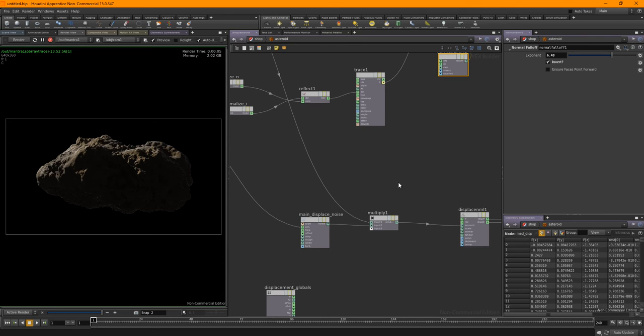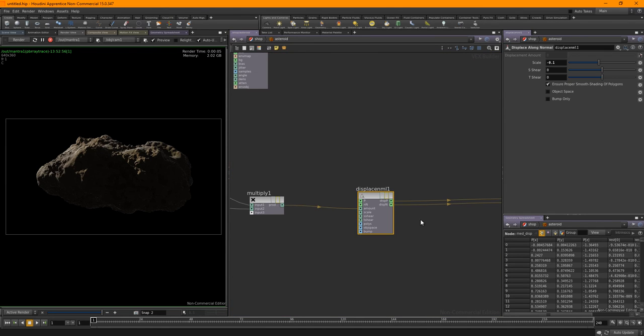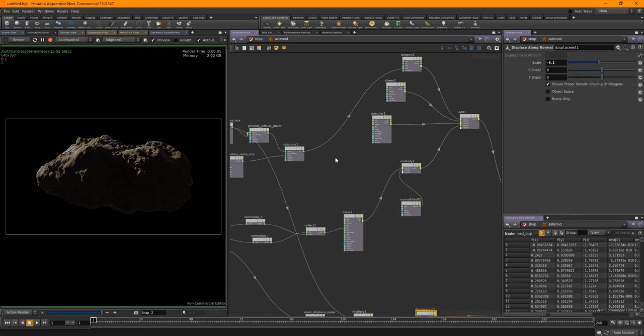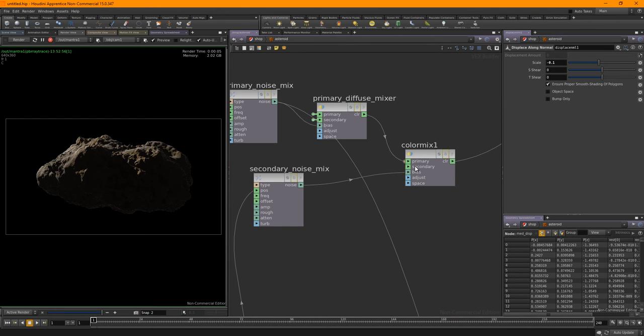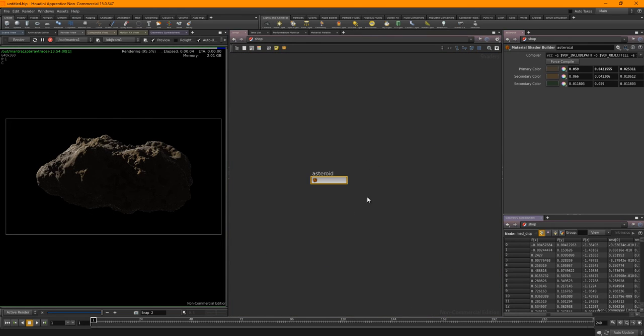Main displace noise. So what I'm going to do is promote that, and do you know what? I'm just going to leave it for the time being. If I need to jump back in, I'll jump back in. That's not really a problem. Those two are ridiculously close to being the same there.